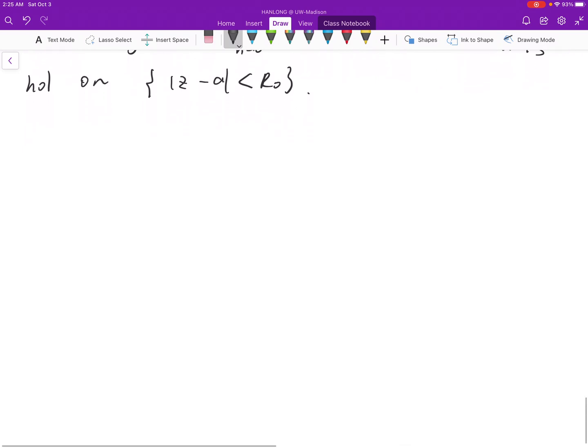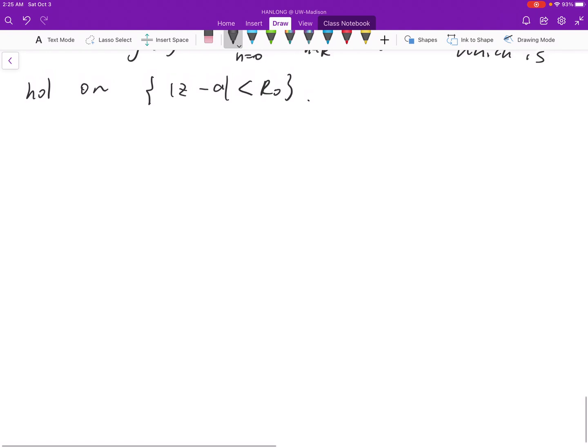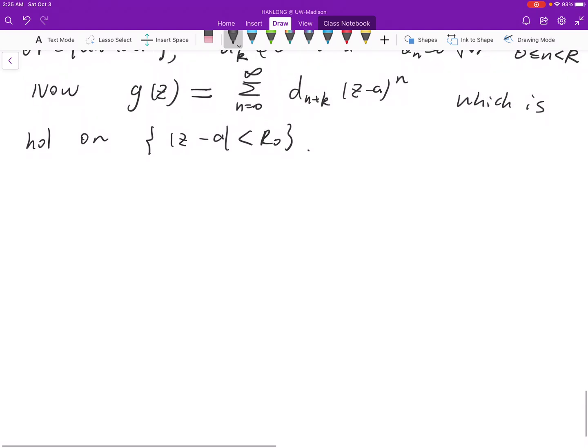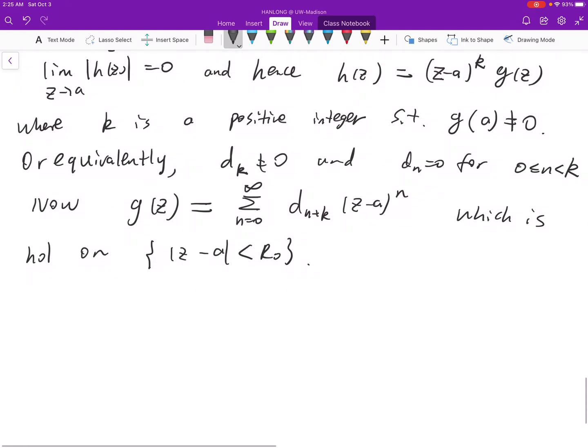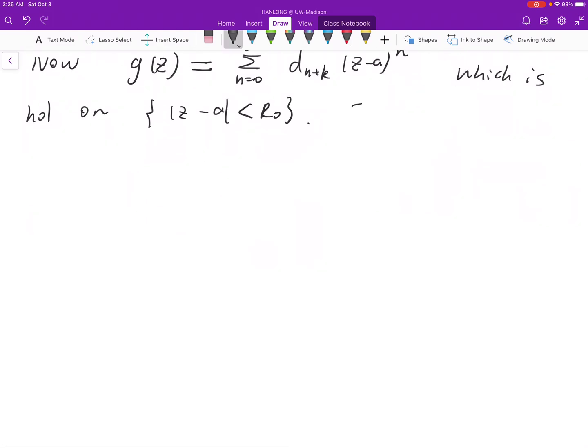Since g(z) is holomorphic, and g(a) is different from 0, then there exists a smaller disk